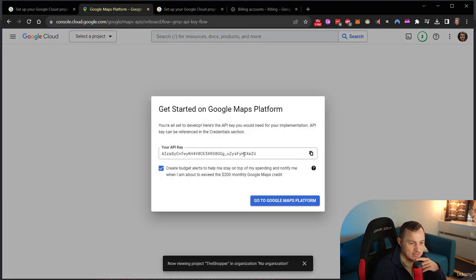So this is my API key, and it's really important that you hide your API key as well, that you don't share it with the internet or with friends or whatever. And there is automatically also a budget alert enabled, which says, hey, once I reach this free $200 monthly Google Maps credit, please alert me. So Google Maps just gives you